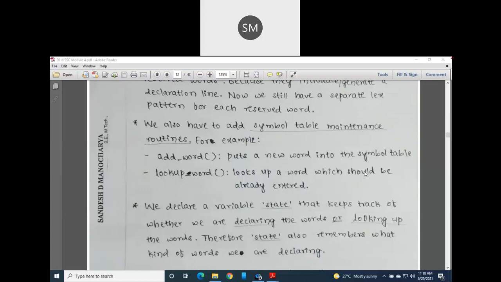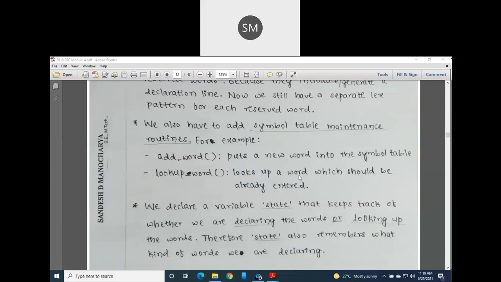All verbs are there, all nouns are there, all pronouns are there, all eight parts of speech are there. Correct? But you are interested in a particular verb, and if it is present in that symbol table, then only your program output will be like this: the study is a verb. Or else it will not find it and it will tell you study is not found as a verb in the symbol table. So this type of unexpected output you may get. Because of that, all verbs are listed in the symbol table, and if you are interested in any one particular verb, you can search for it in that symbol table. For that we use this lookup word function.